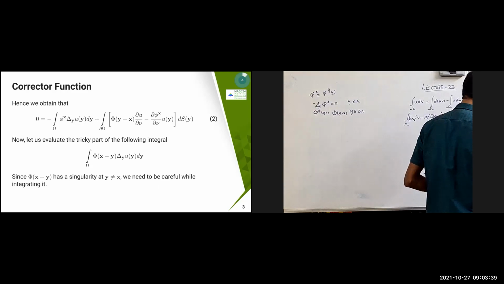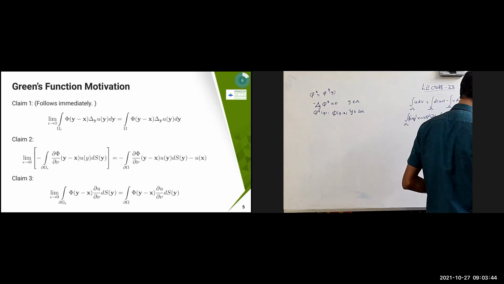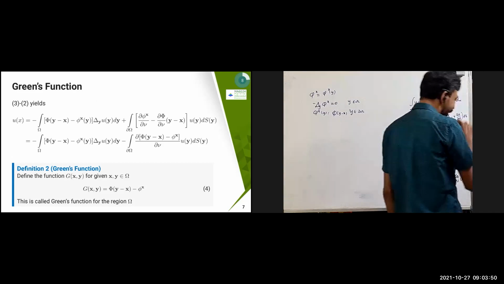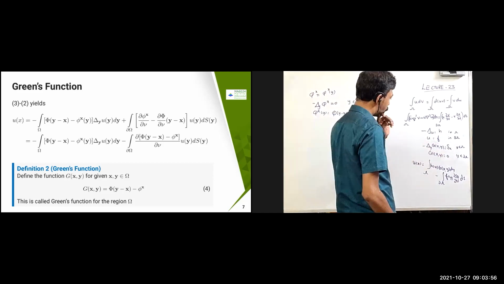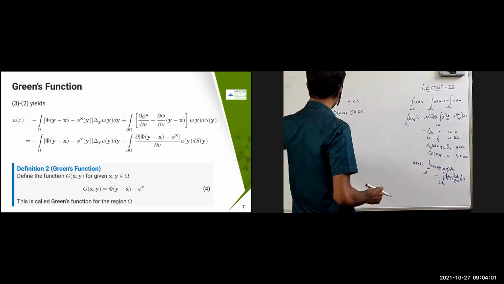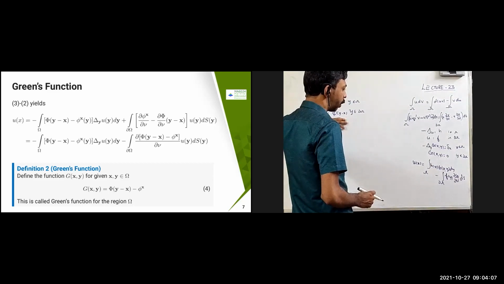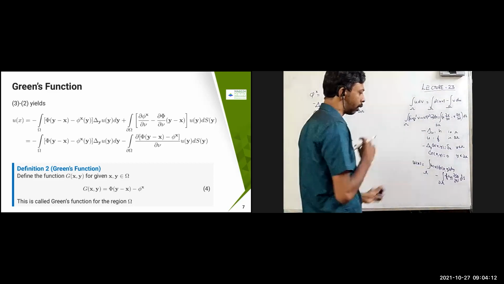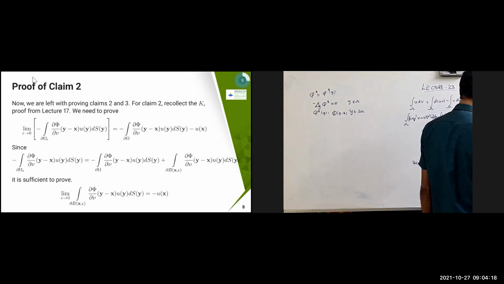What I'm going to do is give the motivation for this Green's function, how it is developed, and then we are going to find the Green's function. I'll go through that, and then we'll prove that theorem. Our aim is to find this Green's function, because here some function was given. Now what is this function exactly that we need to find? That is given using this corrector function. Phi of y minus x is nothing but the fundamental solution we have, right? So from that we are trying to find it, and there is a corrector function also. Using the combination of these two things, we are going to define the Green's function.